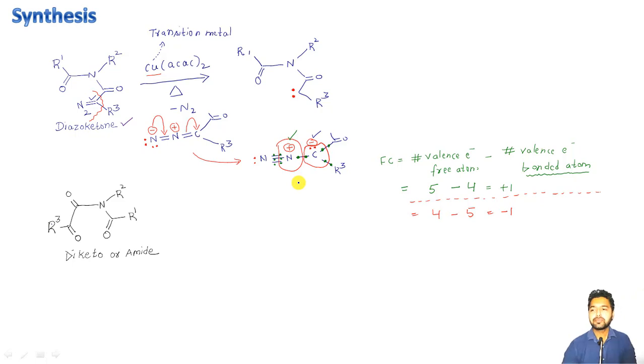Now after that, what happened next is this nitrogen here is having a positive charge. What it can do is take both these electrons towards itself, and the driving force for this step is what? It is the release of a very stable and inert molecule of nitrogen. Don't you think it is happening? Yes, it is happening here. The nitrogen will be going out of the system after taking both the electrons of this bond pair, and it will be eliminating in the form of a gas, right?